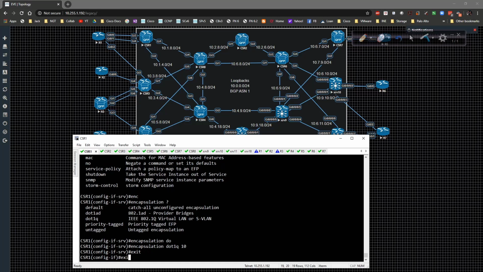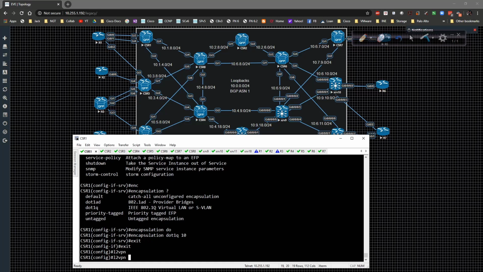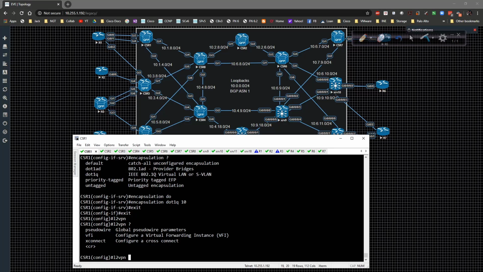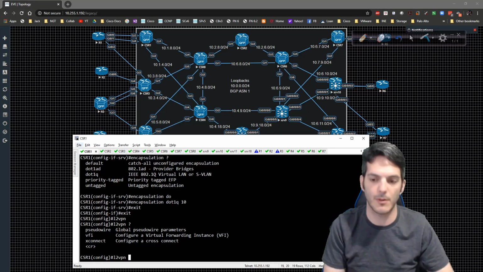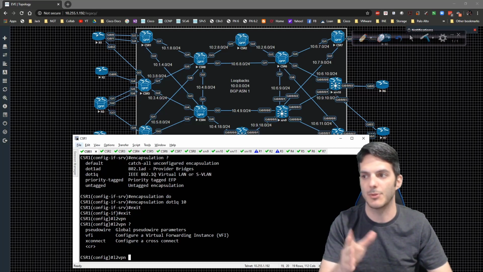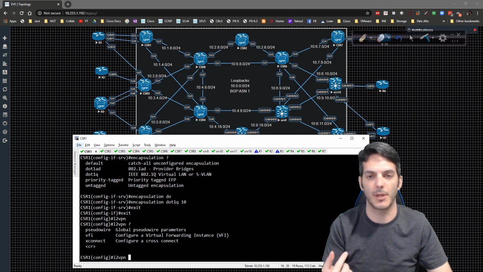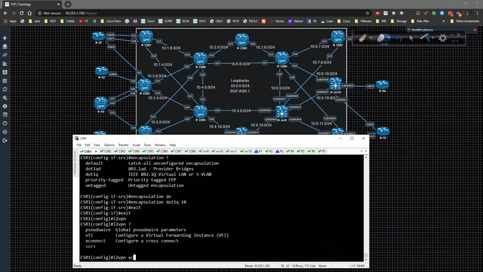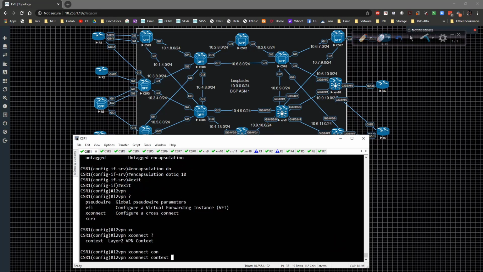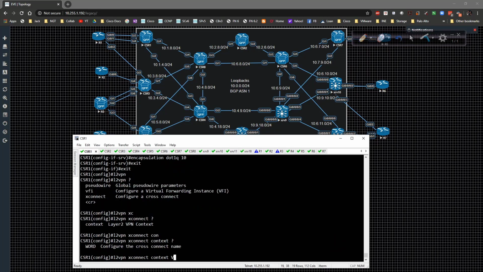Now, I'm going to go up to the L2VPN. There are a couple of different variations for it. We have the Xconnect. The Xconnect is what we're going to be using because we basically want to set up a point-to-point connection between CSR1 and CSR3 to allow R1 and R3 to communicate with one another. So I'm going to type in Xconnect and then the context, and then I'm going to give it a name. I'm going to call this VLAN 10 underscore